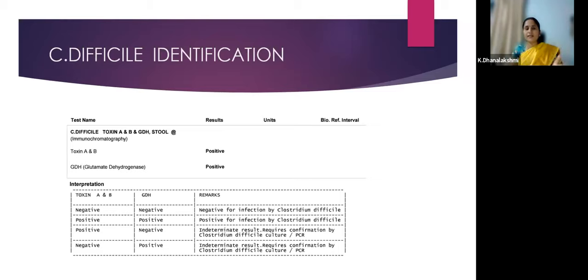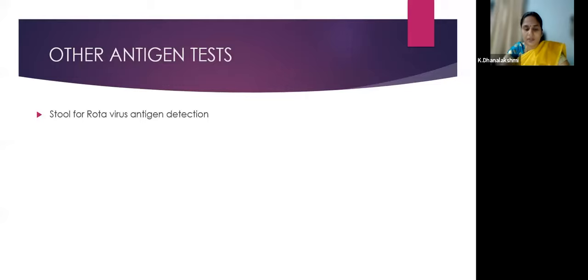So probably here, whatever started as viral had a co-infection. This Clostridium difficile infection was superadded because of multiple antibiotic abuse. And once we correctly treated, everything settles down. So another commonly used antigen-based test in the gastrointestinal system is rotaviral antigen.